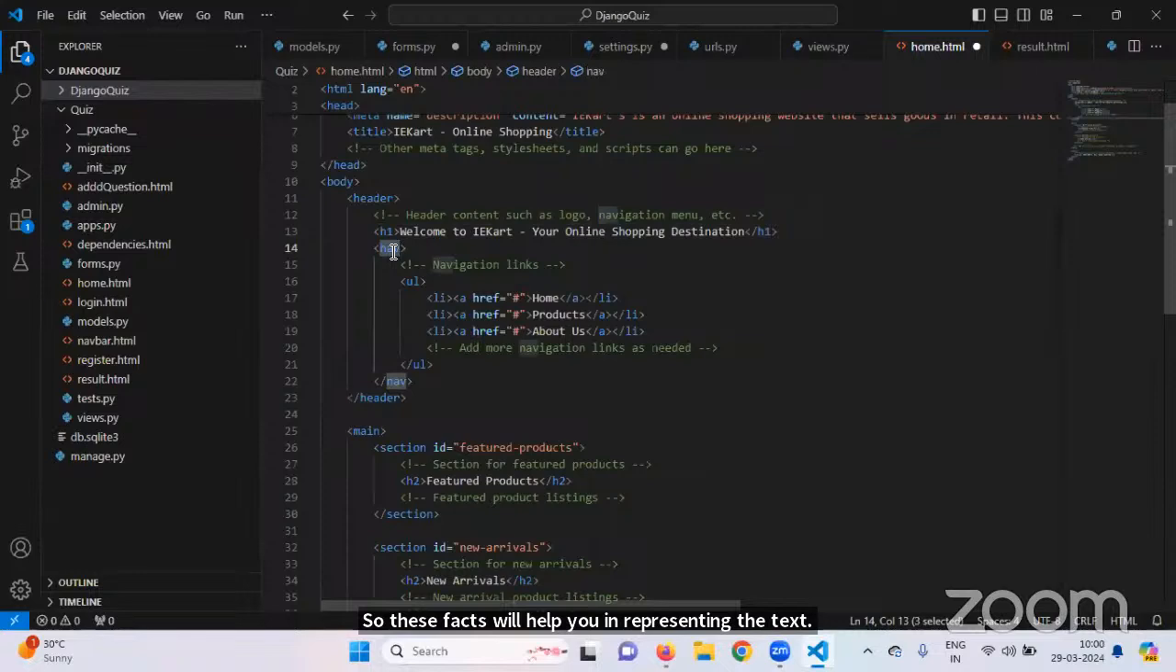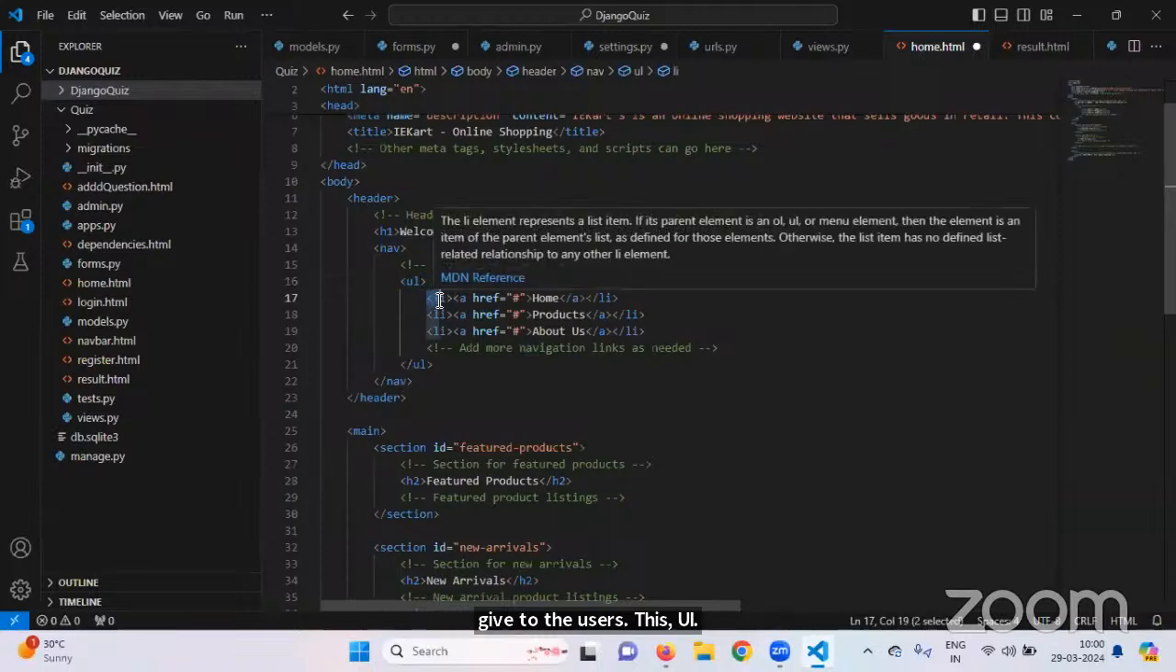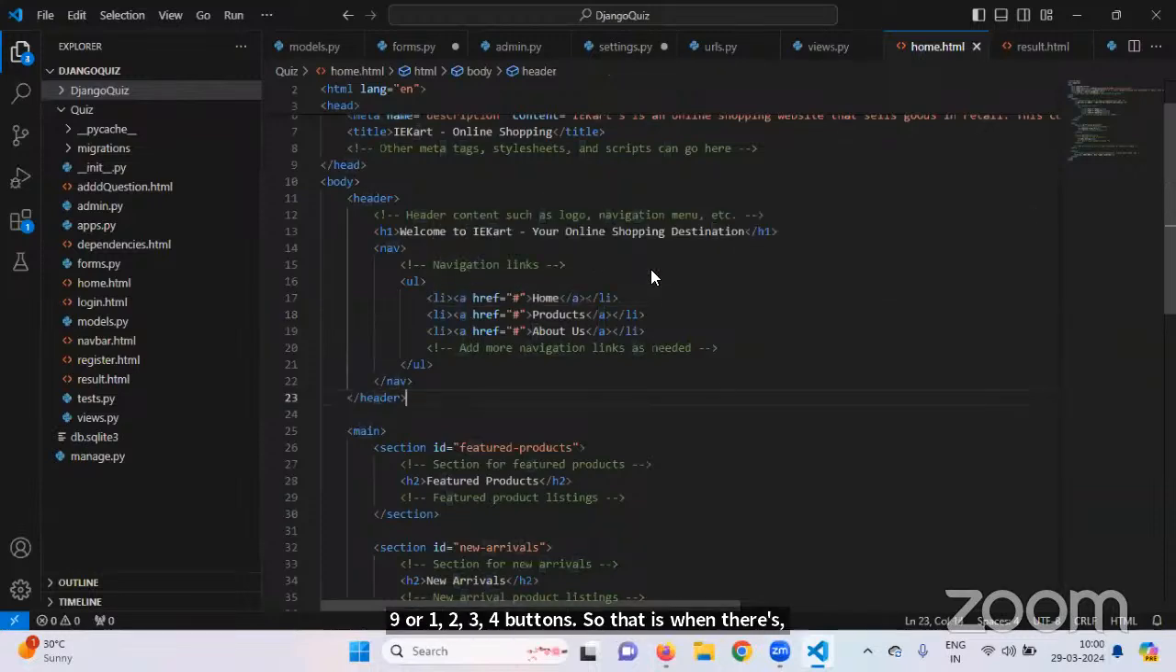And as discussed, this nav bar will be the top bar that has different sections like home, products, about us, contact us, different options that you want to give to the user. This UL, LI are nothing but listing. Sometimes we want to display things as 1, 2, 3, 4 lines or 1, 2, 3, 4 buttons. That is when these LI tags will come. So if you run this website,